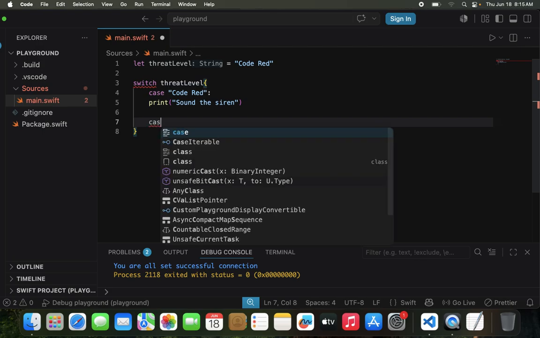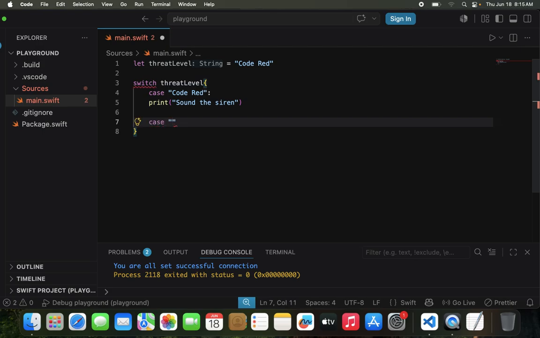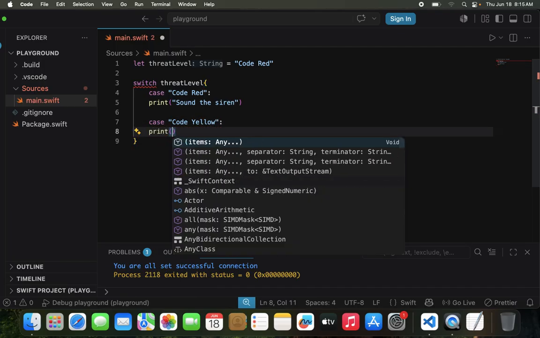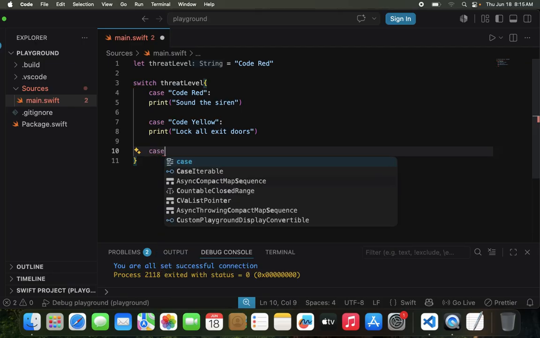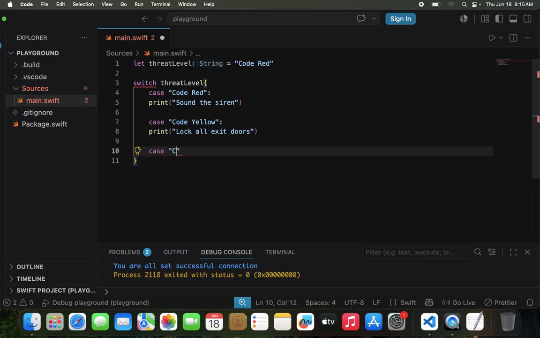If we say case code yellow, that's going to be print "lock all exit doors". Okay, and then we can do case, maybe we want to do code green,